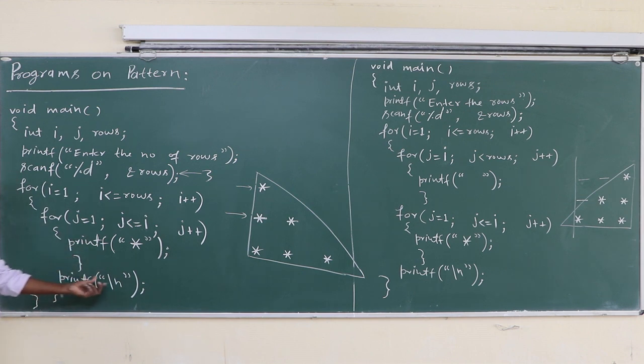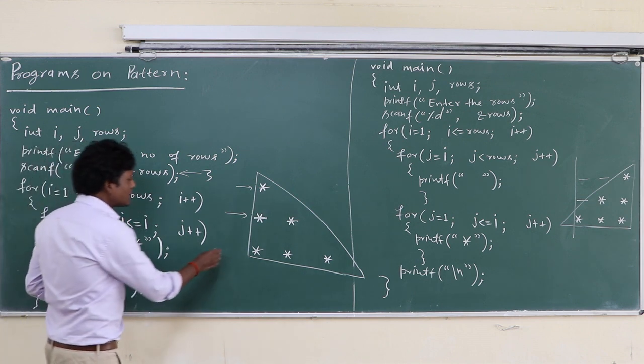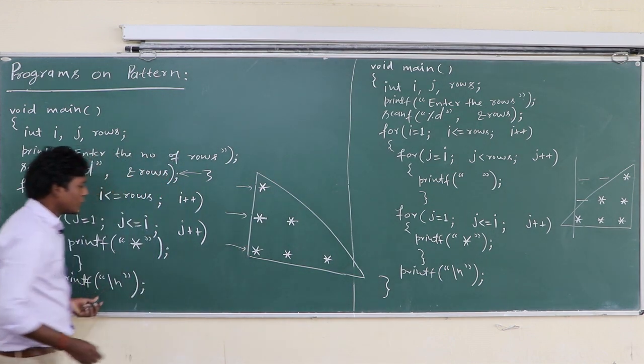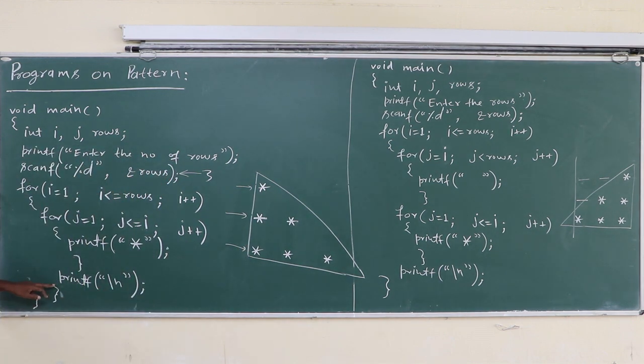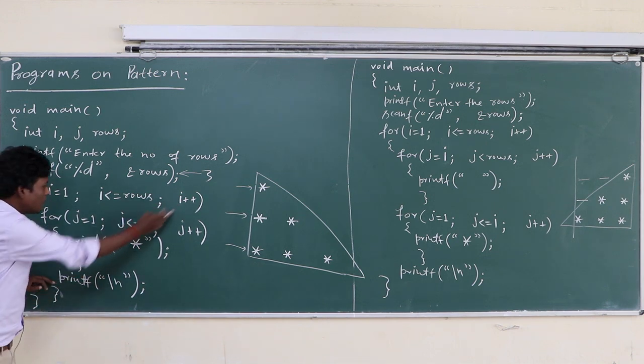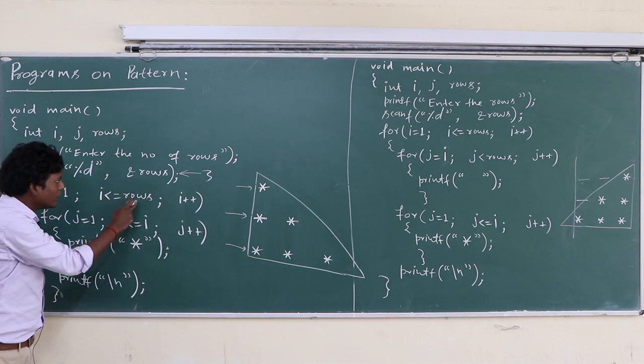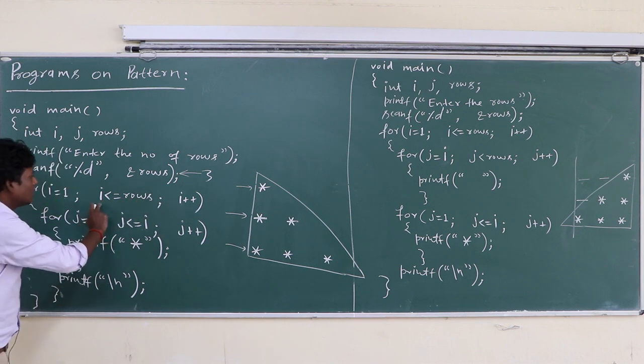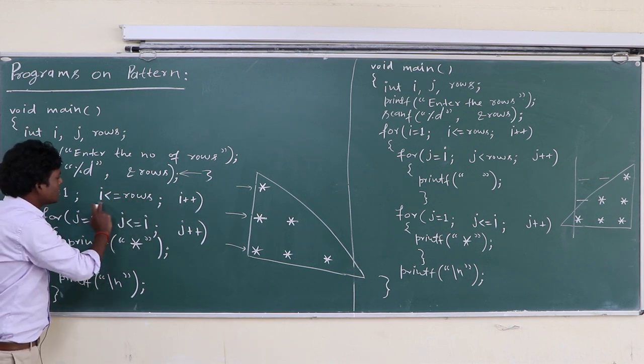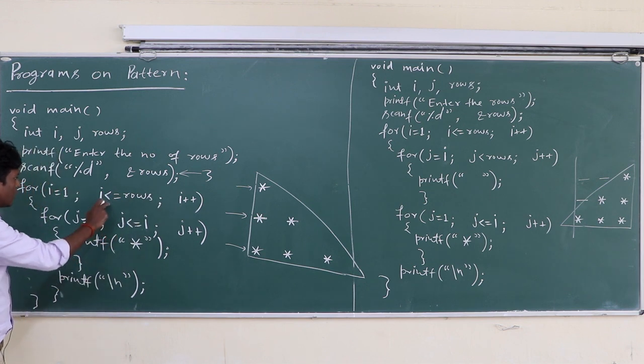Here is a printf backslash n, which places control here. Okay class, here is the closing brace of the outer for loop. i plus plus works here, i becomes 3, is 3 less than or equal to 3? Yes, this condition once again is true. So control does not exit from this loop. Control basically comes to here.